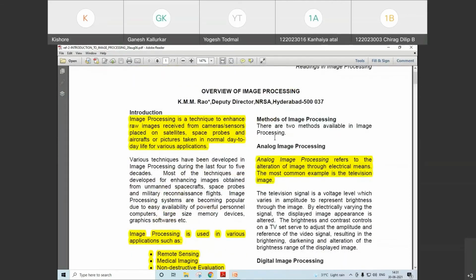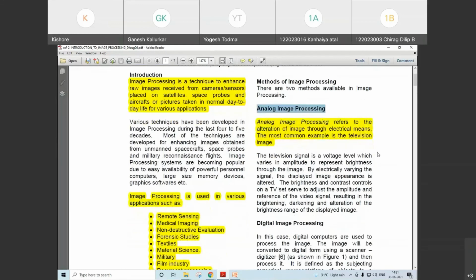Then till now we have only been talking about digital image processing. Then what is analog image processing? Analog image processing refers to the alteration of image through electrical means. The most common example is television imaging. Okay, so if you are aware of the working of how